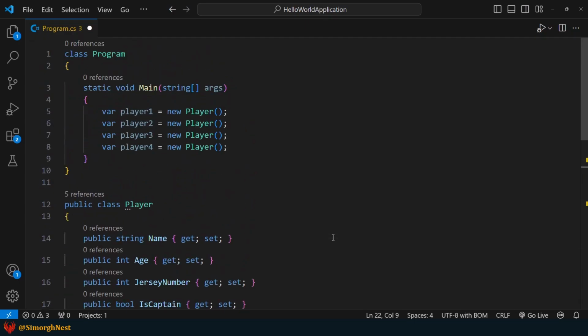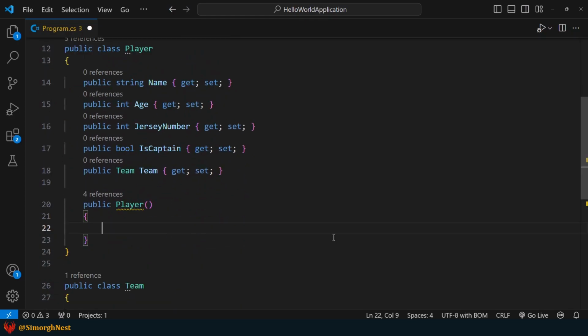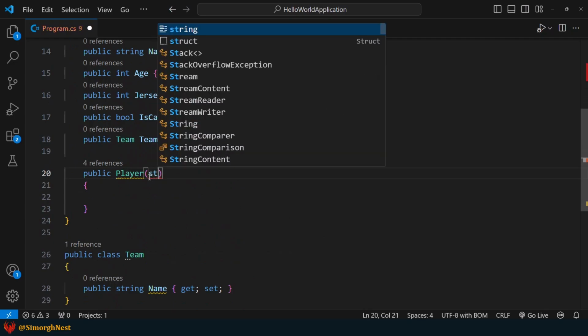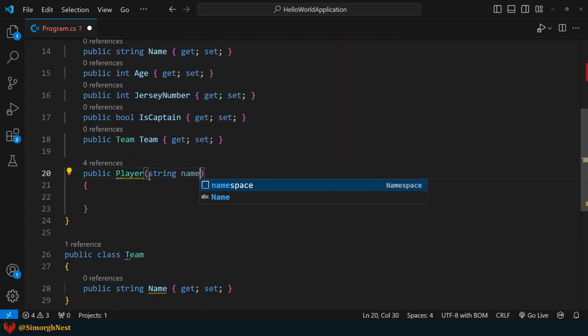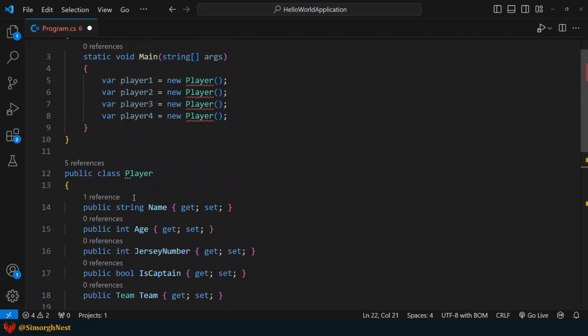So far there are no errors in the main method. Now let's add a name parameter to it, and inside the constructor, assign the name parameter to the name property. As you can see, as soon as we add the parameter, errors appear in the main method.